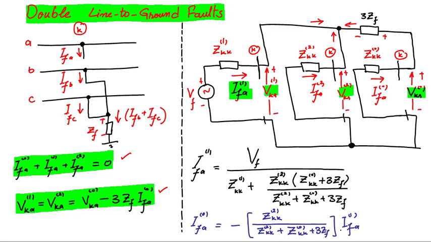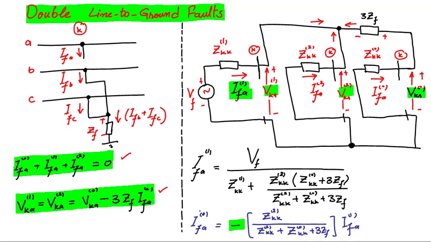Here we have divided IFA positive sequence into two branches. So the current which is passing through this zero sequence branch is equal to negative sequence impedance divided by the total impedance of these two branches. So here you can see we had multiplied this formula. In addition to this factor, we had another factor, that is minus. Why are we multiplying it with minus? Look here, if we don't use this minus, it will give us a current which is flowing in this direction into the zero sequence network. But according to the definition, IFA zero sequence is one that is flowing out of the zero sequence network. That's why a negative sign is required to calculate current in this direction.